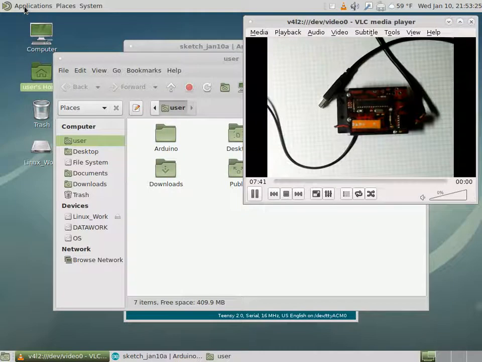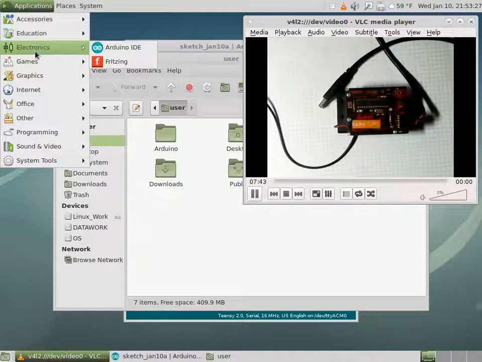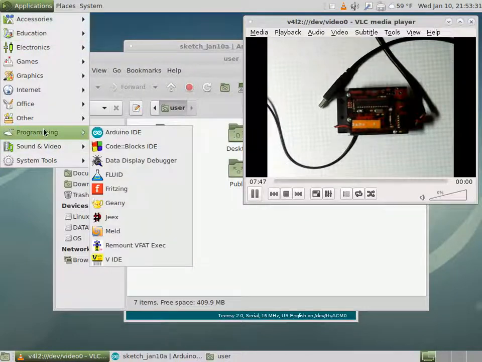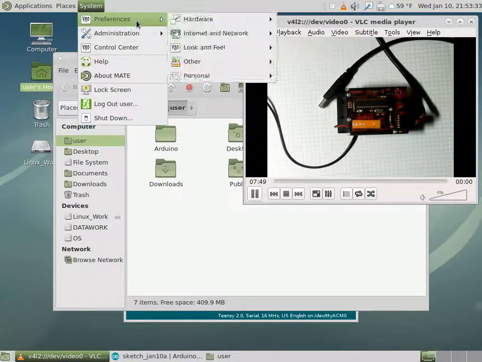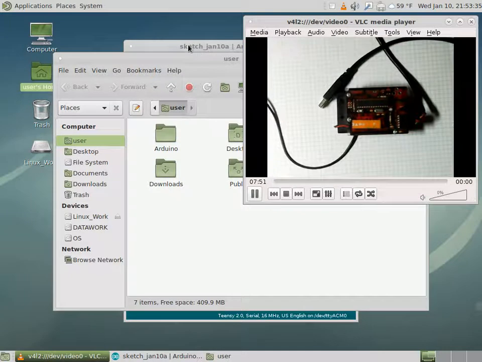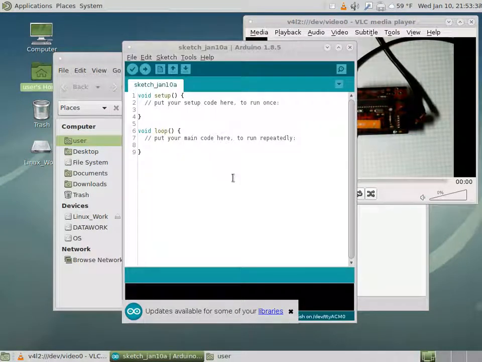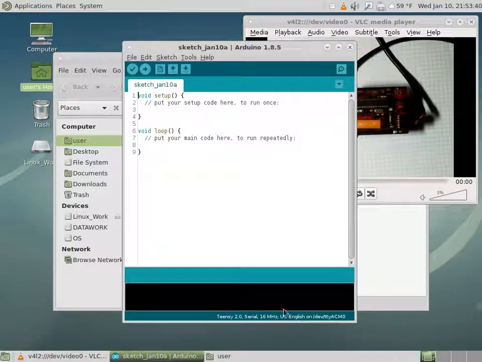I've already brought the environment up, but just to show you how I get it, the menu under electronics or even under programming, it's duplicated in the menu. But the menu brings up this IDE,